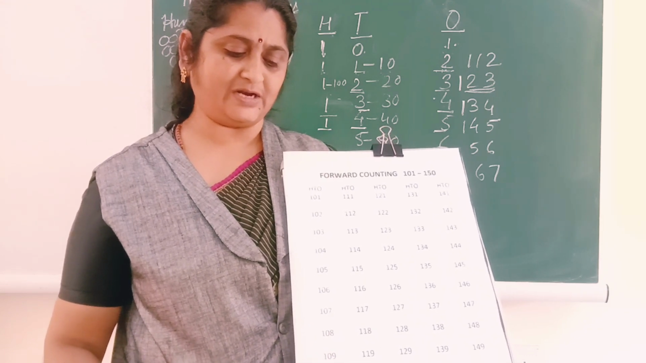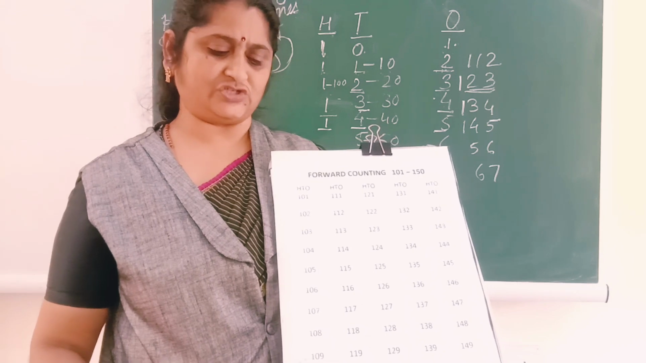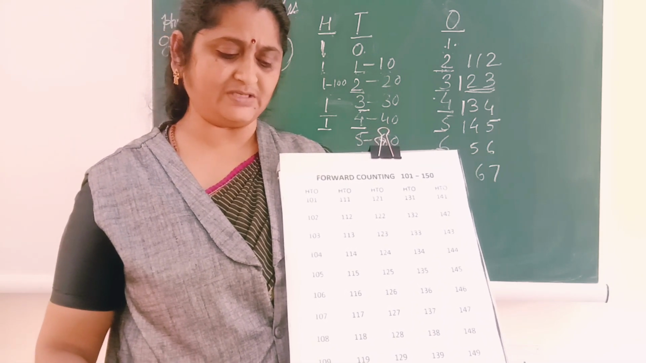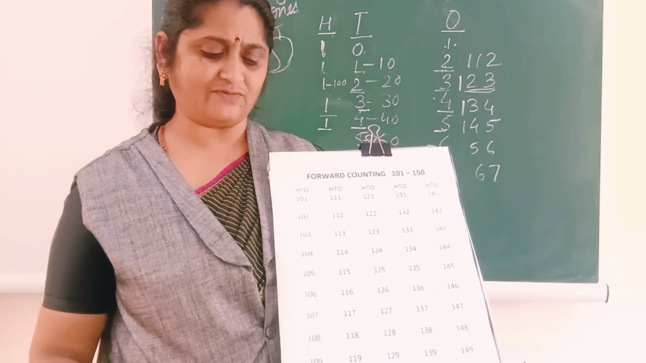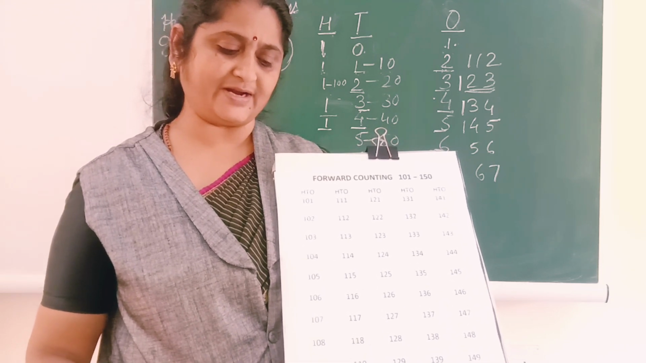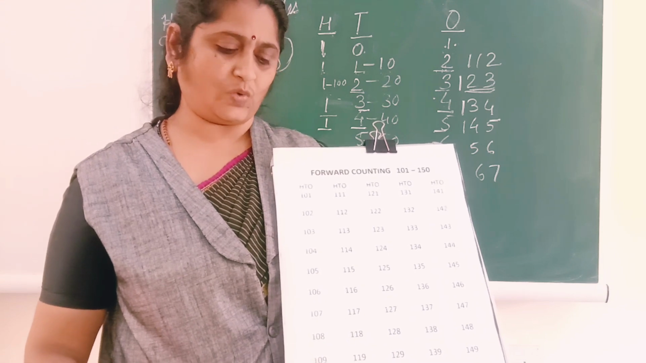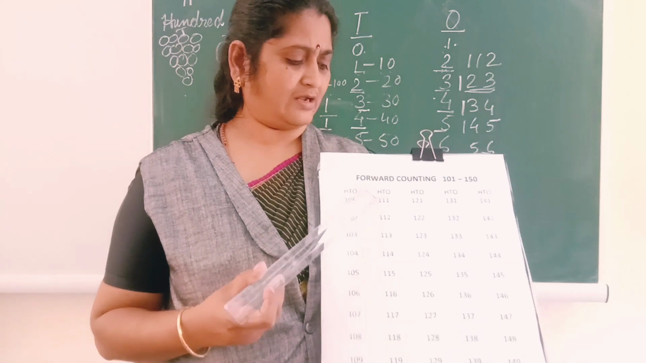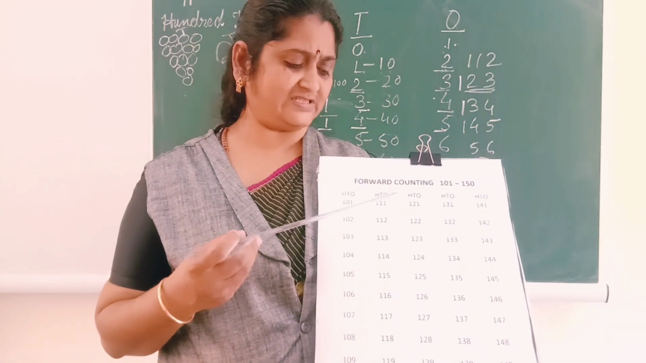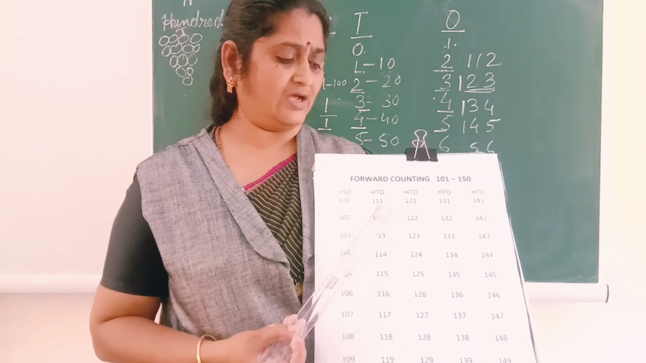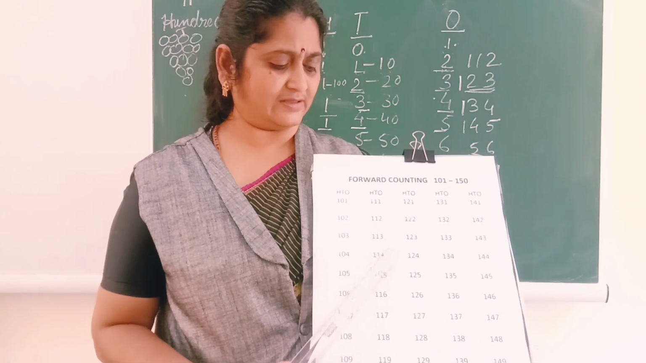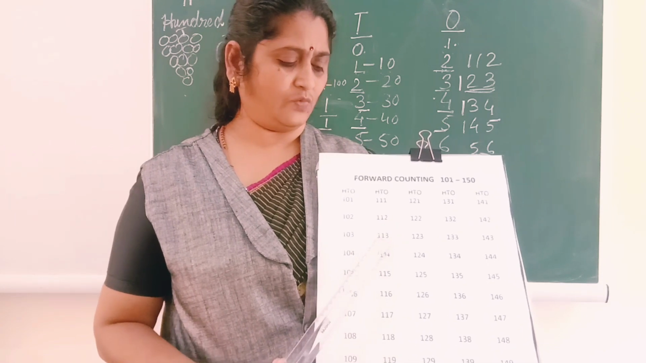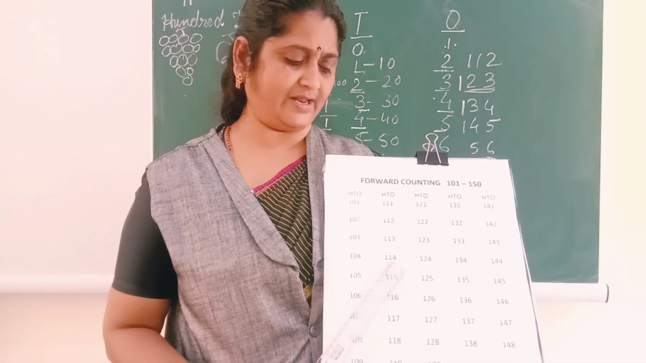See here the middle number has changed. Here the number is 1. We will read these two numbers, the numbers at tens and ones, together: 110. Now next line. From the second line onwards, we will read these two numbers together, and 111, 112, 113, 114,